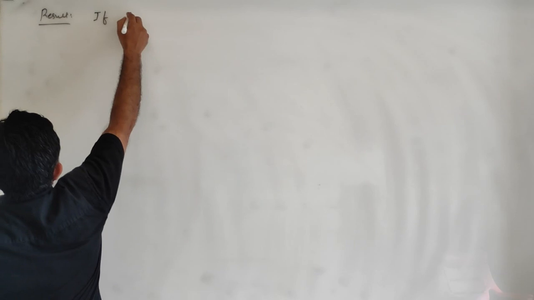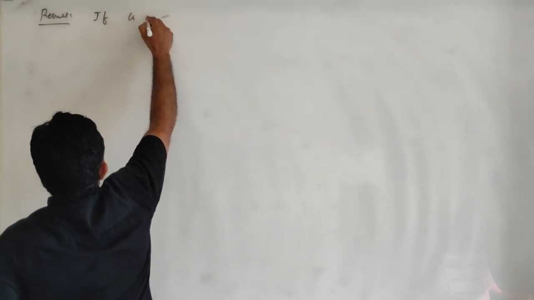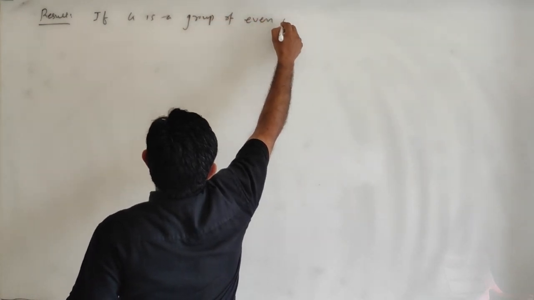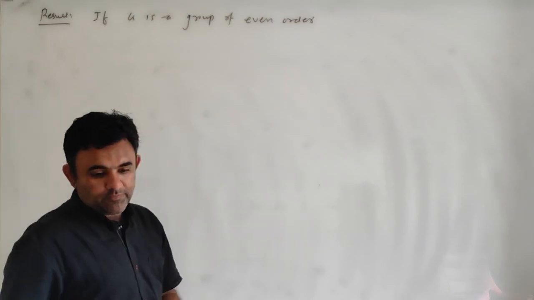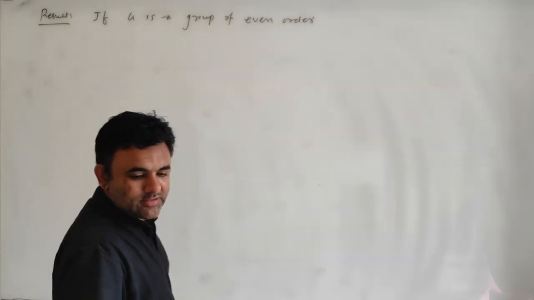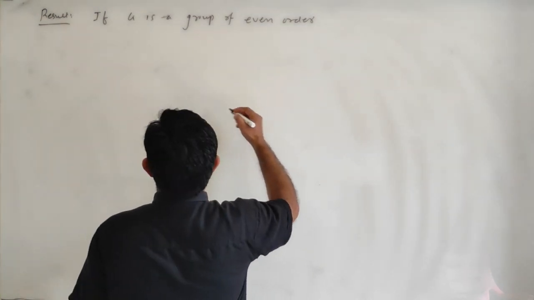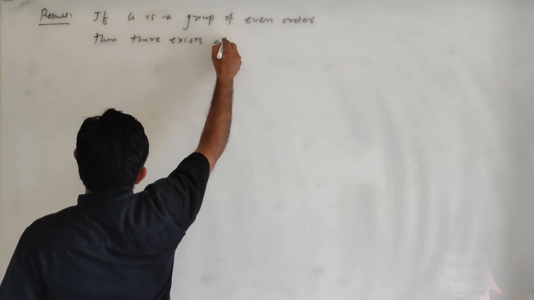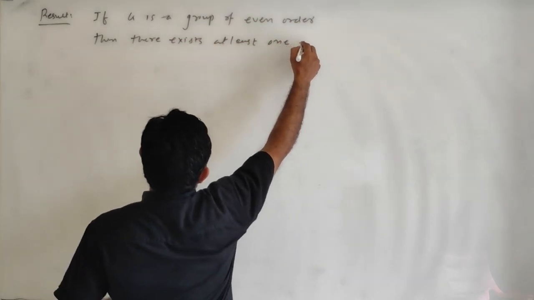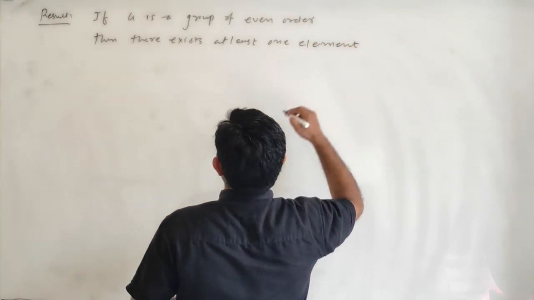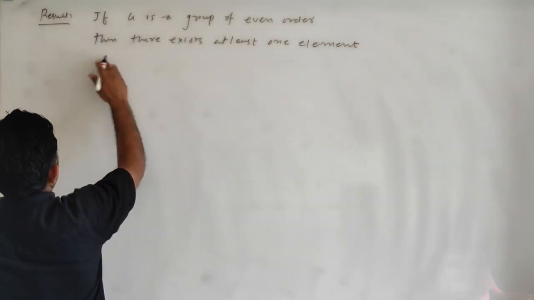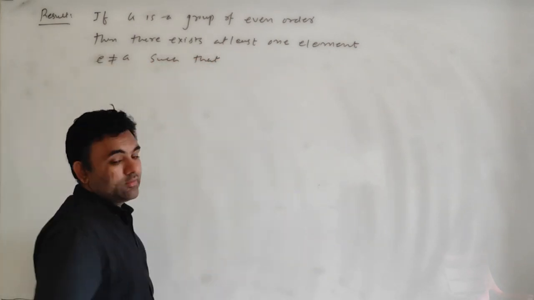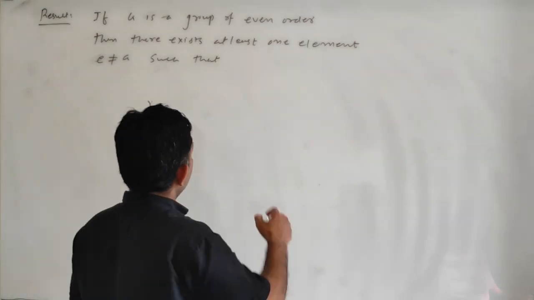If G is a group of even order, then there exists at least one element A which is not identity, such that A is equal to A inverse,